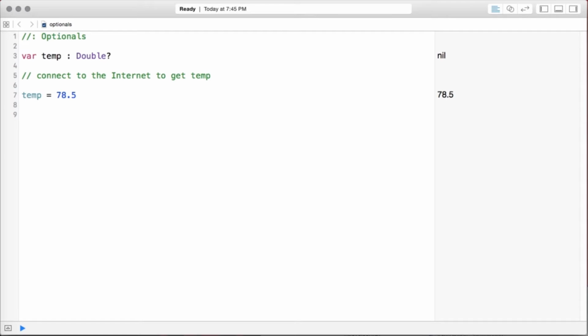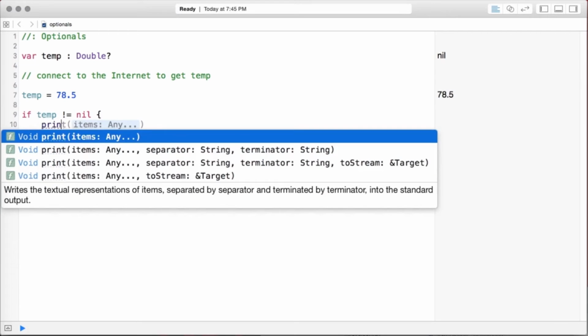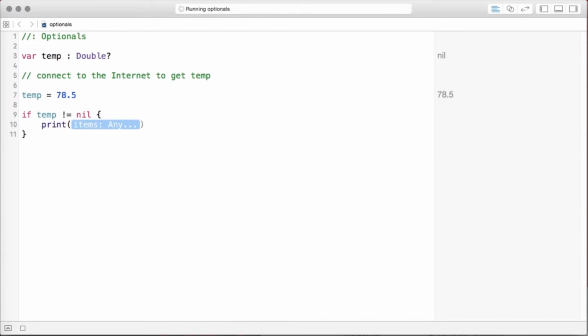So you need to take precautions to do that. So the most rudimentary way to do that would be an if statement. So we could say if temp is not equal to nil, then what we would do is a print line, and we would say the temperature is, and we would pull out temp to go ahead and display that. And then otherwise, if the temperature is nil, then we would say else, and we would do another print line, and we would say